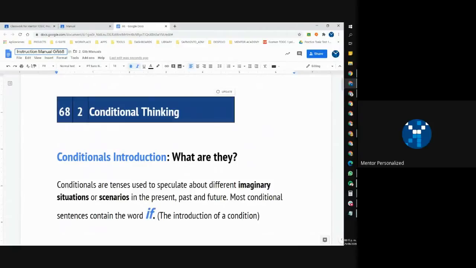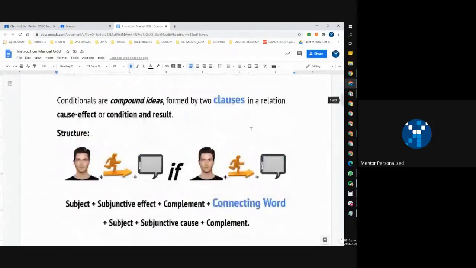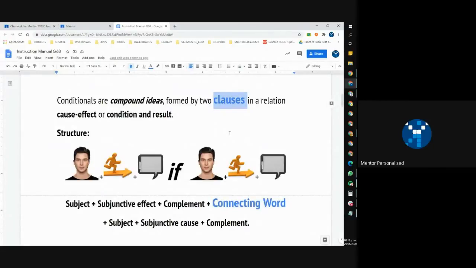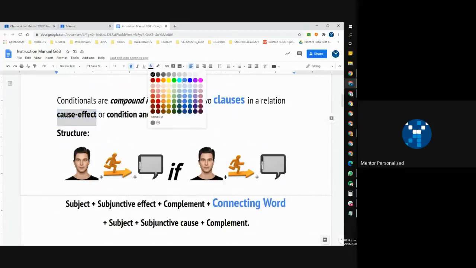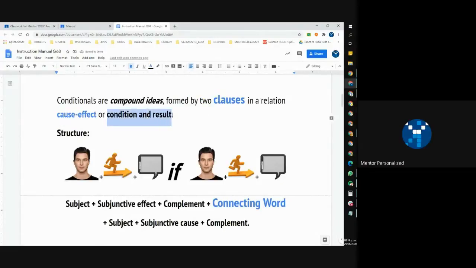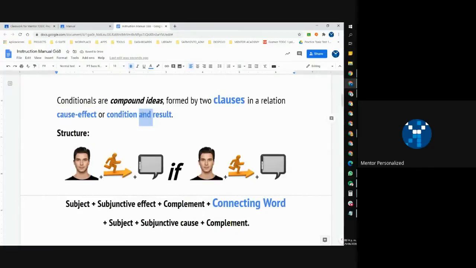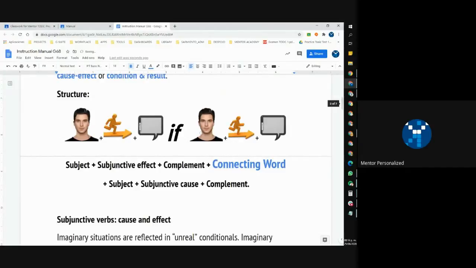Very good. That's right. And in this case, these compound ideas are formed by clauses. How do you say cláusulas in English? Clauses. In a relation of cause and effect, or condition and result. Very good. So you have an idea with two sentences, partial sentences, we can call these,